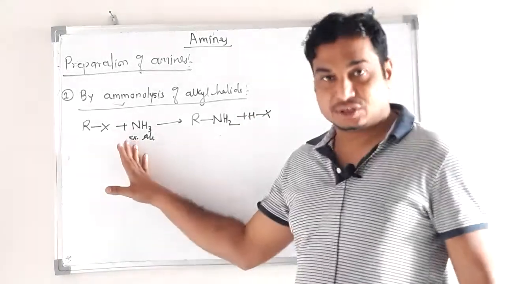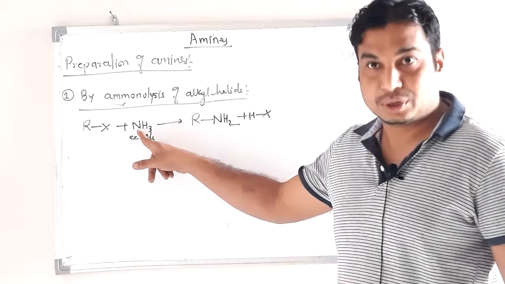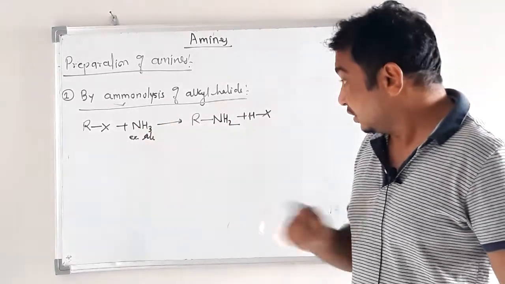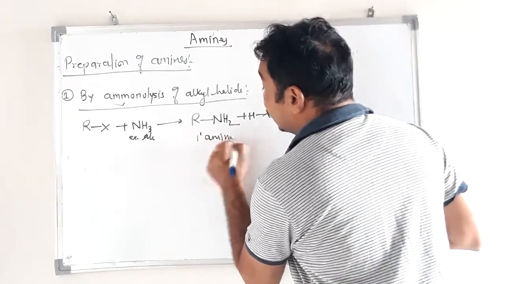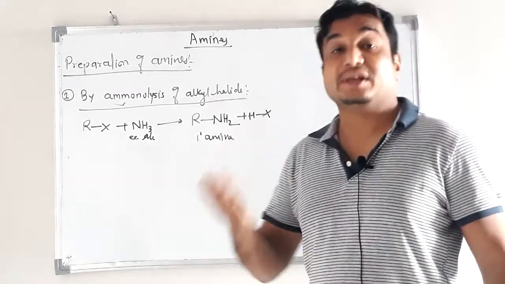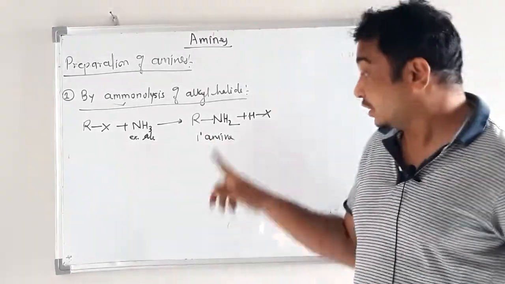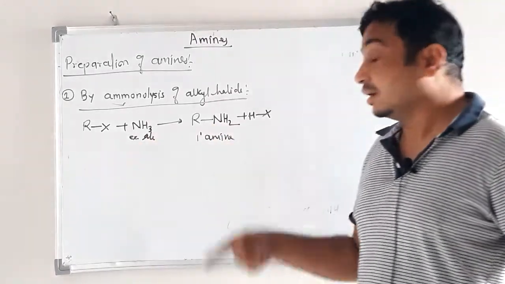This is a nucleophilic substitution reaction. Here ammonia, NH3, acts as a nucleophile, but this primary amine which is the product in this step is more nucleophilic than ammonia. It is a stronger nucleophile than ammonia. Therefore,